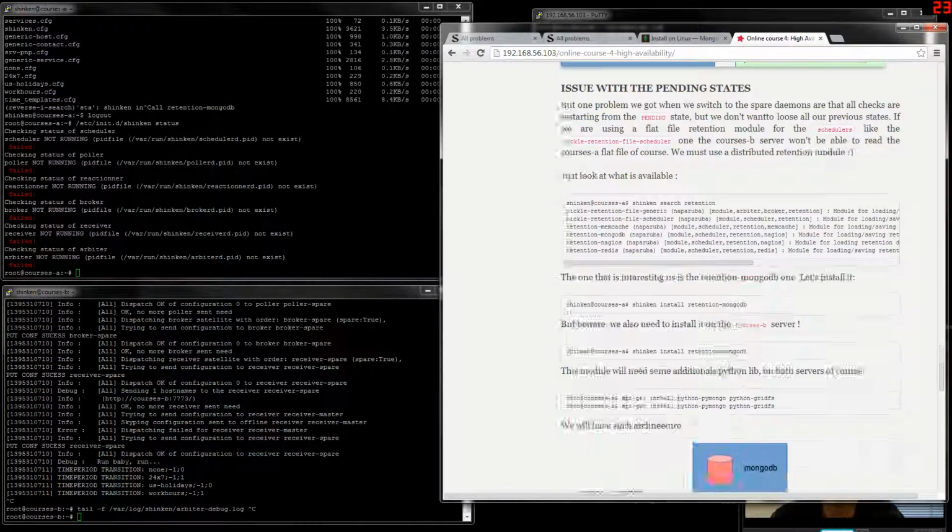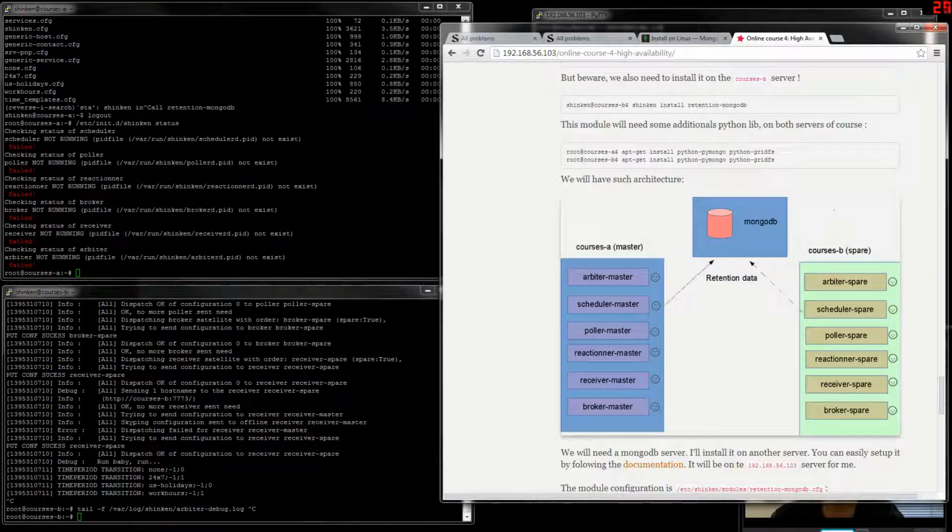So we will need to put a retention module for the master and spare schedulers that will save and load retention data, like next check and state and things like this, in a distant database like MongoDB.